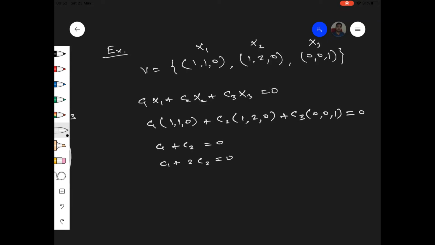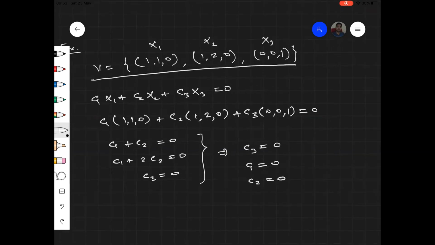So it's quite an easy system of linear equations where we already know C3 equals 0. The solution of this system is given by the first two equations, C1 plus C2 equals 0 and C1 plus 2C2 equals 0, which are straight lines that pass through the origin and their intersection point is only the origin. So the overall solution of this system is C1 equals C2 equals C3 equals 0, and this is the only solution. Hence this is again a linearly independent set.